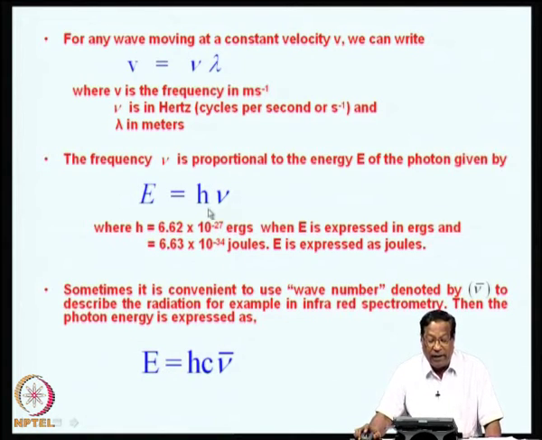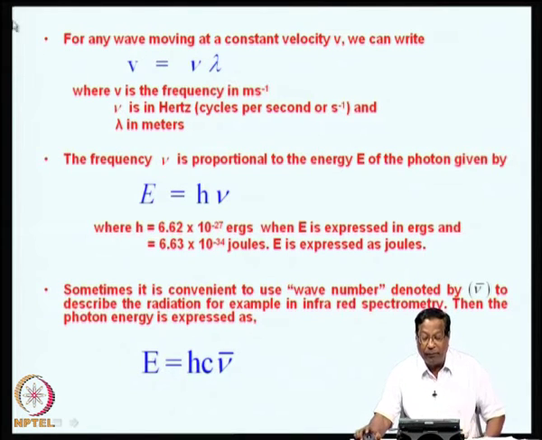Planck's constant h is defined as 6.62 into 10 raised to minus 27 ergs when E is expressed in ergs. And if you express it in joules, its value would be 6.63 into 10 raised to minus 34 joules. And sometimes it is convenient to use wave number, denoted by mu bar, to describe the radiation, for example, in infrared spectrometry. Then the photon energy is expressed as E is equal to h c mu bar, where c is the